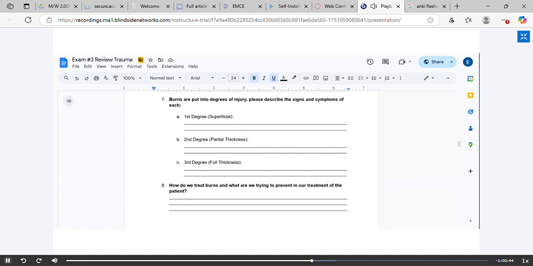Now, on the peripheries of that third degree burn, where we're kind of transitioning into normal skin that is not burnt, the peripheries of that burn will be painful. But the area, like the center and the area of the third degree burn itself, will not be. So if I was to show you,